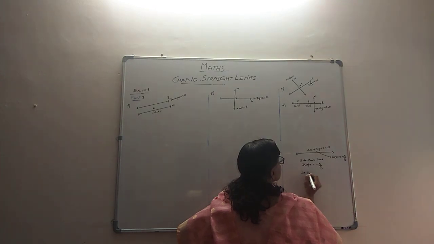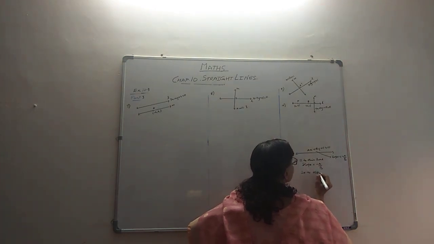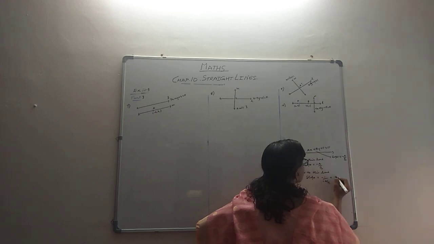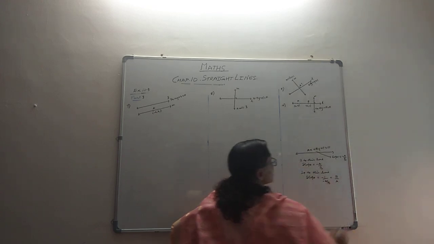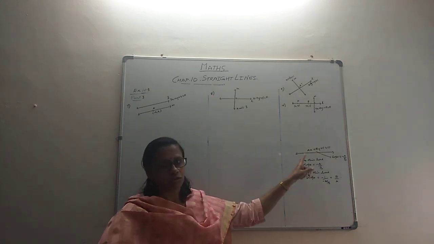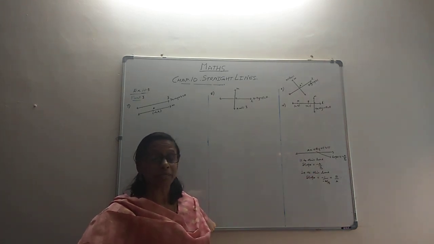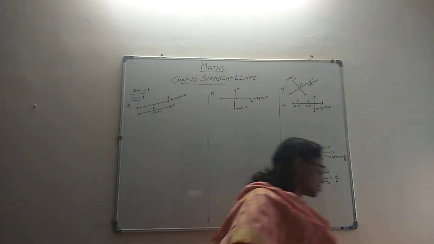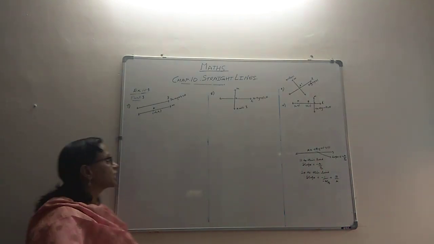We always know that parallel things have the same slope. And any line which is perpendicular to this line will have the slope minus 1 by this. That means it will be minus 1 by minus a by b. So net effect, it will come to b by a. So the slope of the perpendicular line will come to b by a, and the slope of the parallel line will come to minus a by b. This is a technique. If you have that in mind, such kind of problems you can do very easily. So we will keep that in mind whenever we are doing such problems.